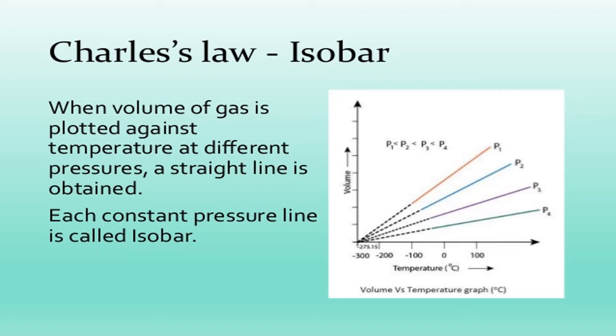This is also the work done by not only Charles but Lord Kelvin. So this minus 273.15 is nothing but 0 Kelvin. So 0 Kelvin is nothing but minus 273.15 degree centigrade. Both are related here.